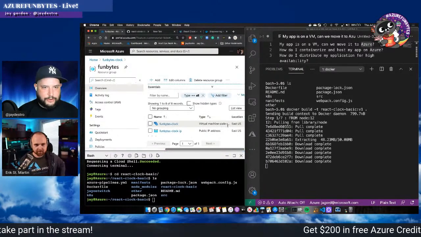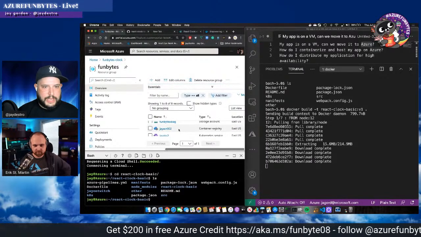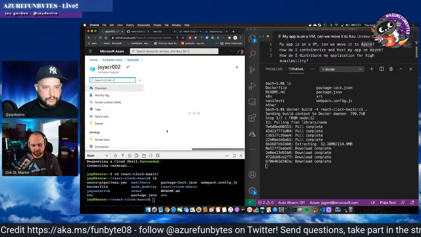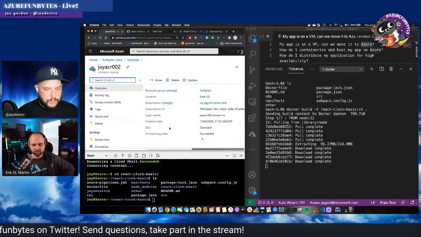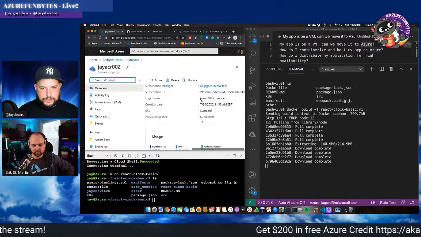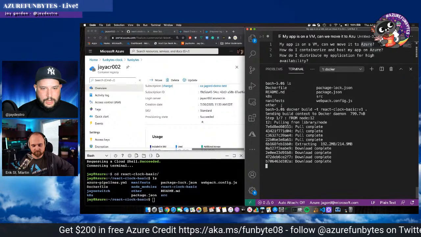You could do this in the CLI on your local computer, but I want to show you that it's easy to do in the Cloud Shell. So I've built this container registry right here already for us. A lot of the resources that we're working with today, I'm going to pre-build because they take a little bit to actually work with. So what we could have done with our Docker build right here is